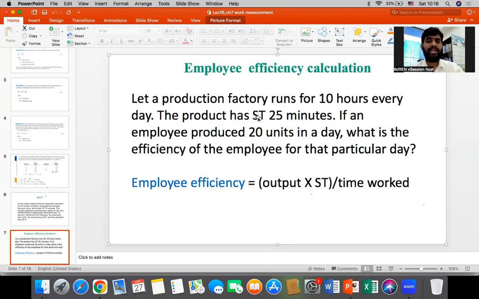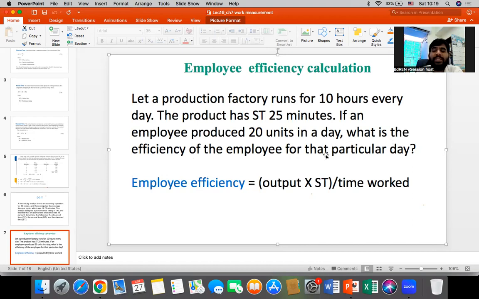Standard time does not come in a vacuum; there are several steps after which you calculate it. If an employee produces 20 units in a day,